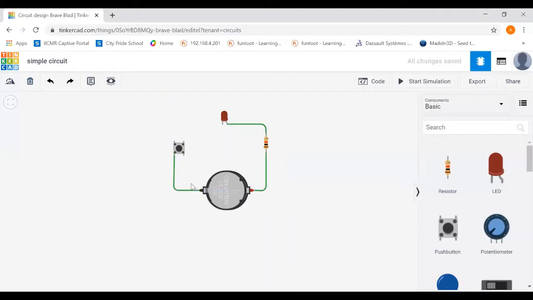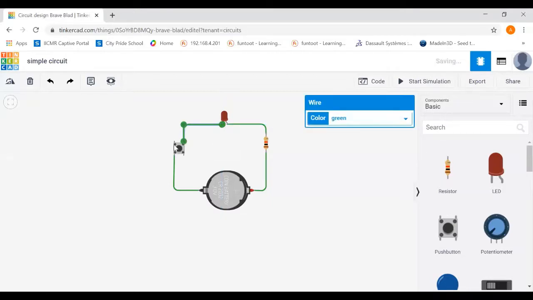Fine. And now here the negative, I'm going to connect it to the 1A terminal of the push button. Fine. Now for the push button, there are 4 terminals: 1A, 1B, 2B and 2A. So when you connect the things diagonally, for example, now I have connected it with the 1A. So now I'm going to connect the negative terminal of the LED to the 2B. Fine, then it will act as a push button. But if you will connect 1A, 1B, then again it will be a complete circuit only. There's no need to push the button to light on the LED.